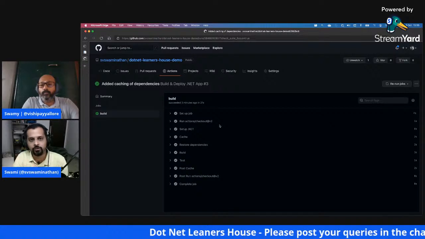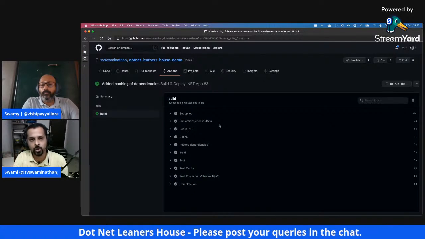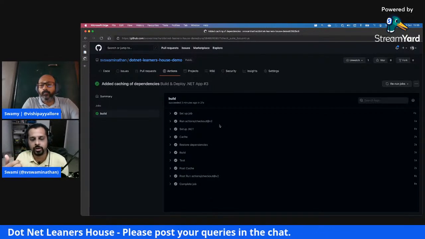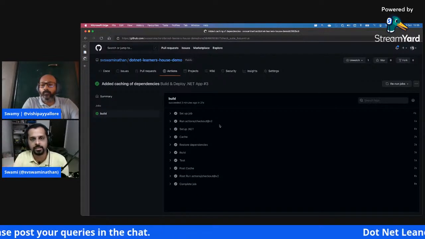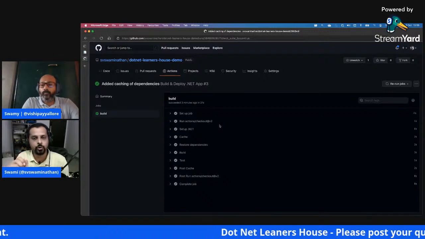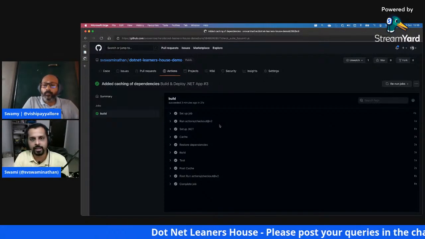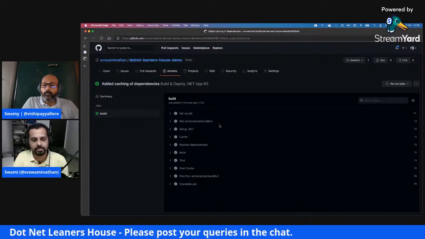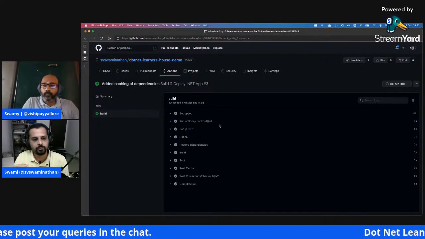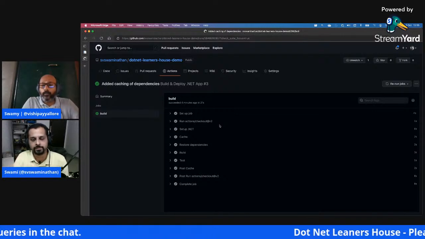You'll have a NuGet config that specifies from where it needs to look up the actual DLLs or the NuGet packages, right? All this task does is, if the NuGet package is already downloaded, it is going to persist it in a cache. It will not have any knowledge of where this particular NuGet package is coming from. That's all part of the actual NuGet configurations we create as part of our code base.